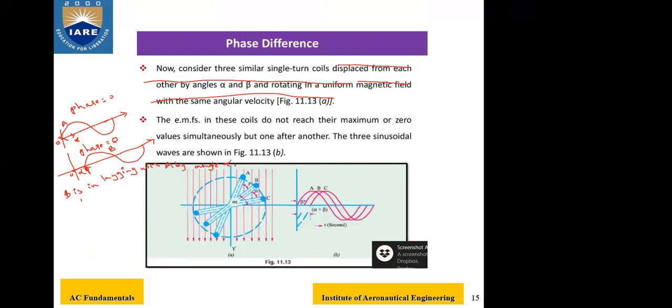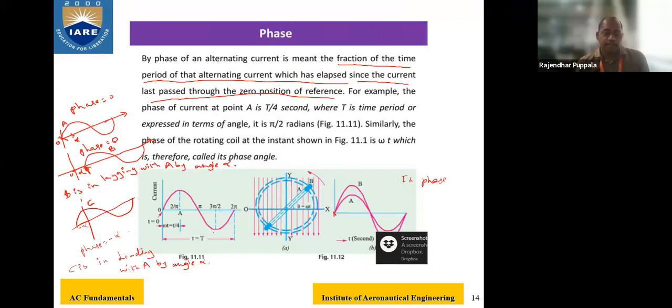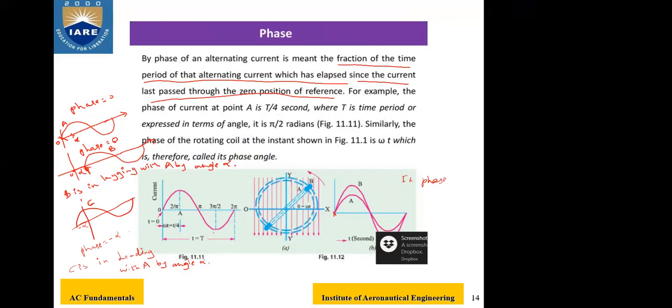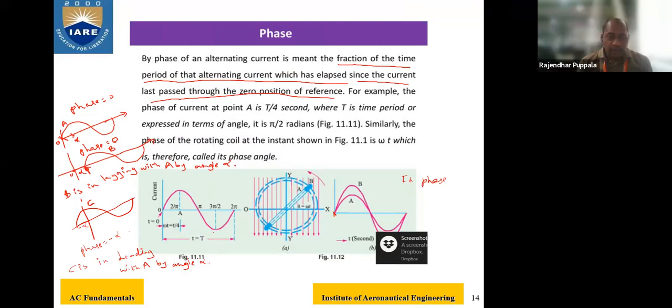Sir, please explain once again what is phase. Okay. Phase is an angle by which the waveform is getting started, with an elapsed angle, from the reference wave. Reference means we will take 0. If the waveform is starting at 0 itself, we say that the phase is 0. But if it is starting after some time period of t with respect to the reference,